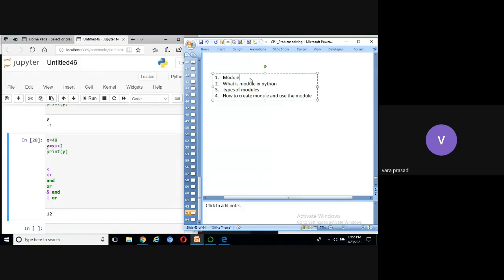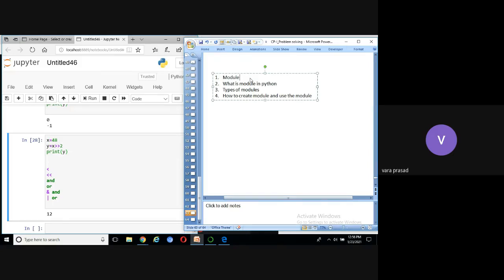It consists of a set of definitions, a set of variables, a set of instructions, and a set of classes. If you combine all these things, then it is called a Python program or Python module.